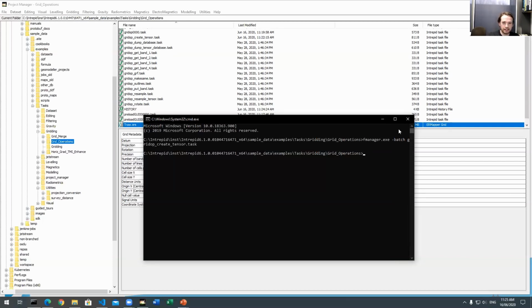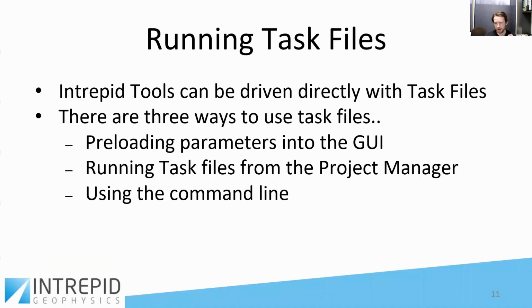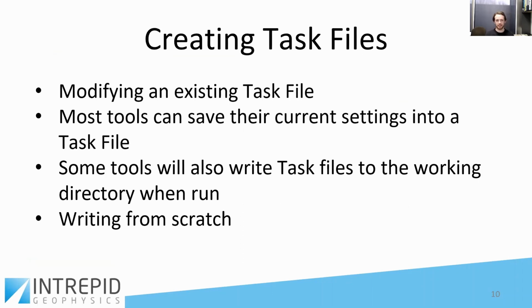So basically, they're the three main ways you can run a task file. I'll just go back a step and we can talk about creating these task files in the first place, because if you're not familiar, if you've been using job files for a long time, then the task files might not make a lot of sense. So what I would recommend is the easiest way to get used to it is just to use the GUIs to specify your jobs initially, and then use that to create a starting point. Export the task file from there,